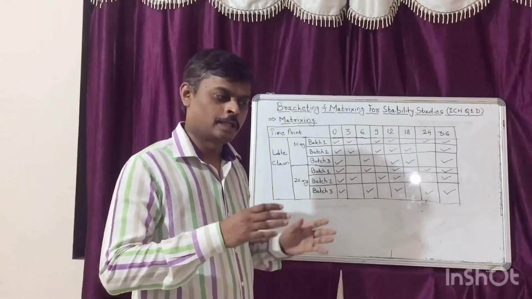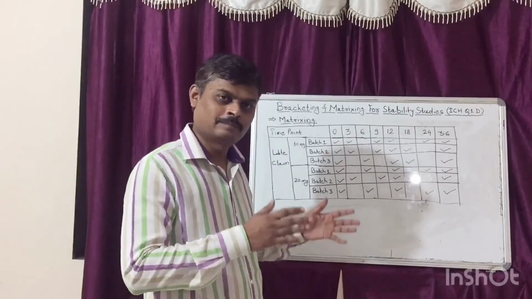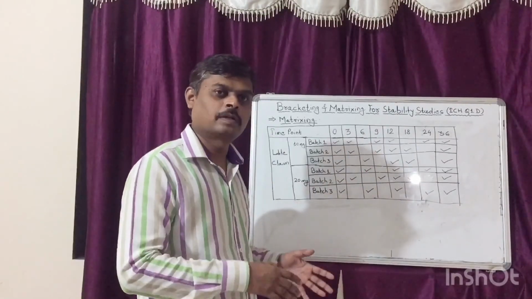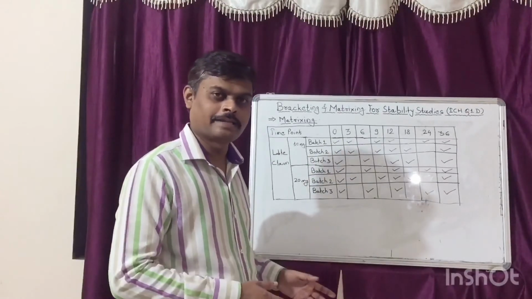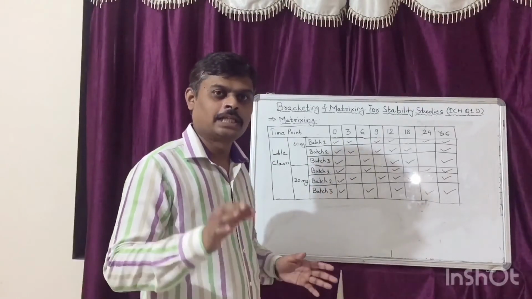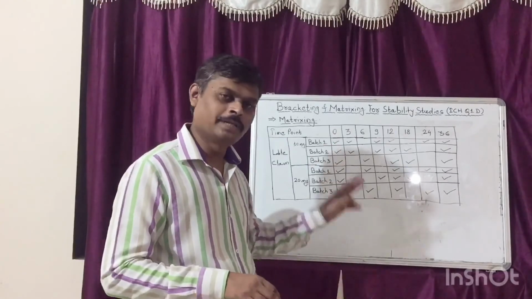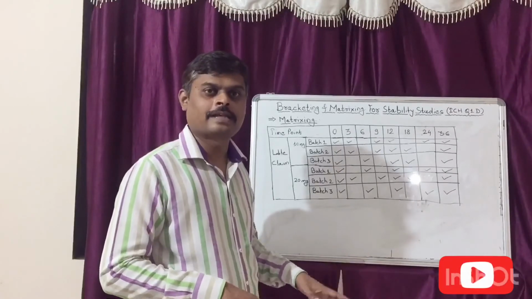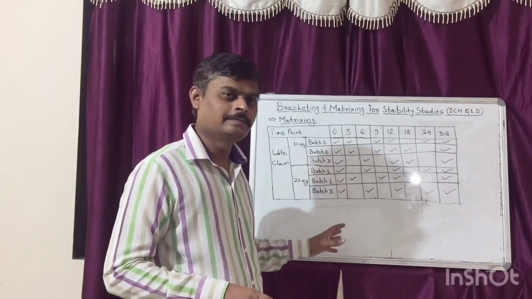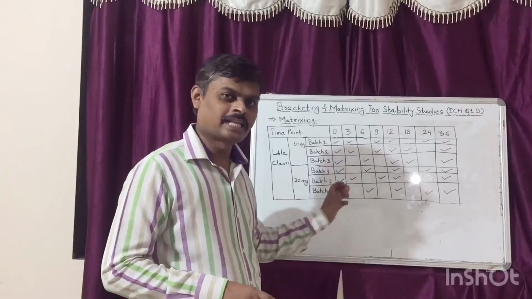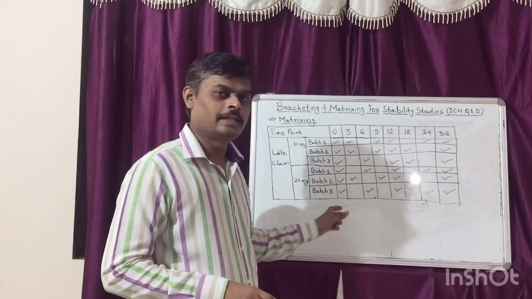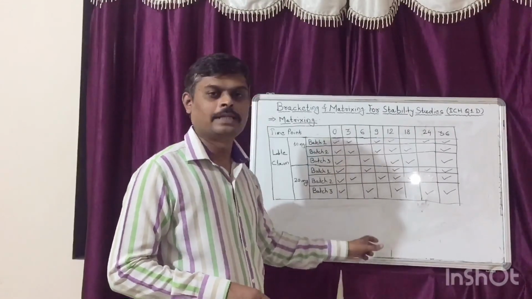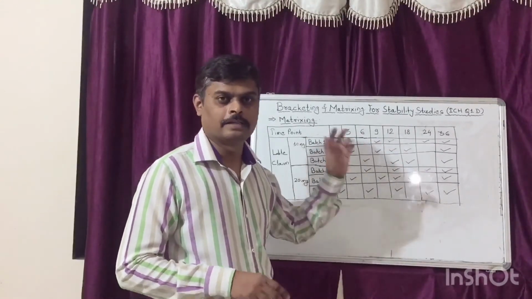For example, your 5 mg strength is stable up to 18 months and your 40 mg strength is stable up to 24 months. In that case, you cannot assign a 24 month shelf life for the intermediate strengths, that is 10 mg and 20 mg. In that case, as a worst case, you can assign the shelf life of the least stable product. That is, in this case, you have to assign the shelf life as 18 months for the intermediate levels, that is 10 mg and 20 mg.